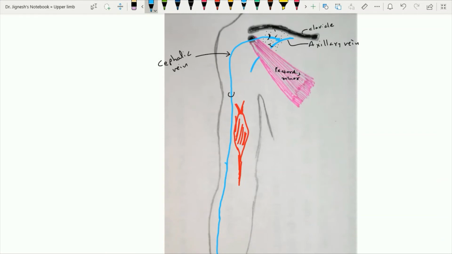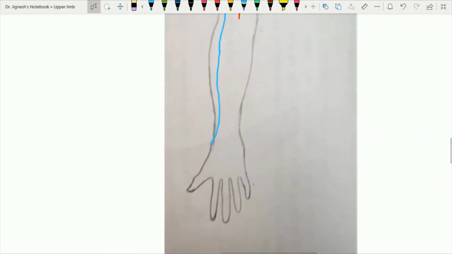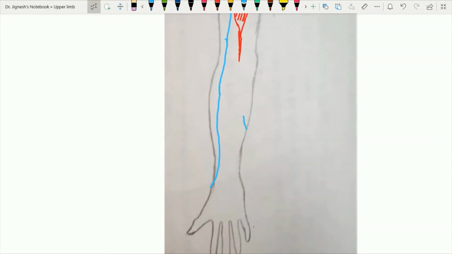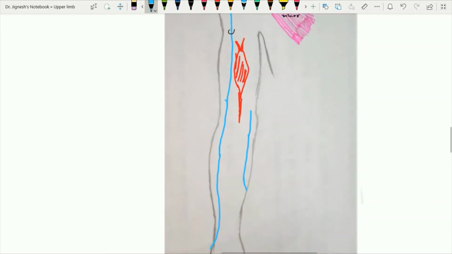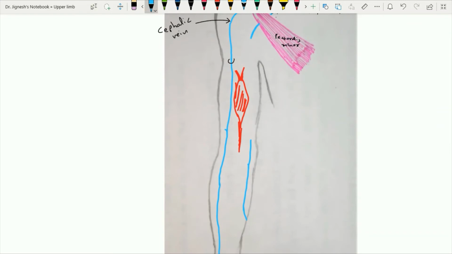Now when we see the basilic vein, it enters into the front of the forearm, nearly in the middle of the forearm, and it passes upward and runs within the medial aspect of the forearm. It reaches up to the anterior aspect of the medial epicondyle, and further upward it runs to the medial aspect of the biceps brachii muscle, and just at the middle of the arm, it pierces the deep